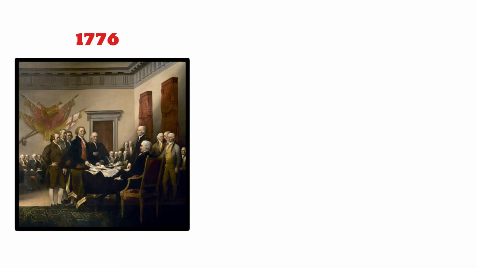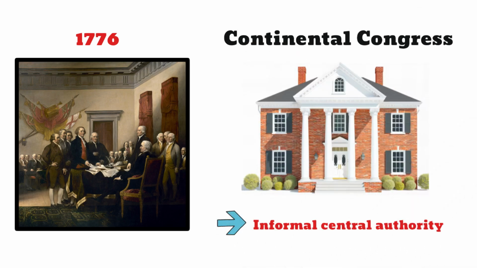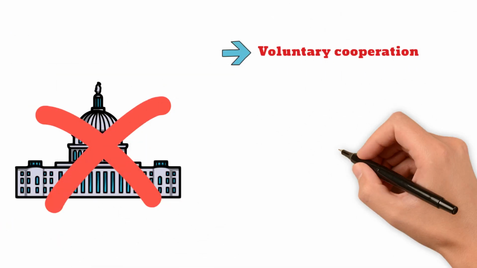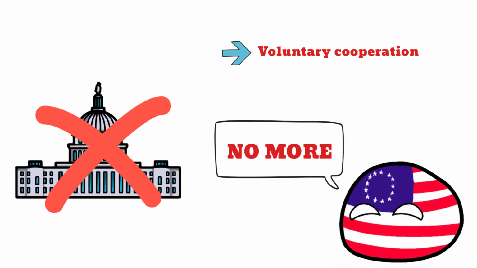By 1776, the colonies declared independence, but the Revolutionary War highlighted the need for a unified approach. During the war, the Continental Congress served as an informal central authority, managing military efforts under George Washington and negotiating critical alliances such as the 1778 Treaty of Alliance with France. However, without a formal governing structure, the Congress depended on voluntary cooperation from the states, which often proved inconsistent. The Articles of Confederation were drafted to address this lack of structure, providing a loose framework for uniting the states